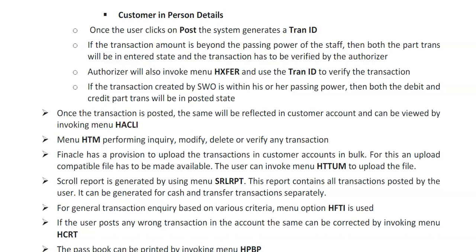Finacle has a provision to upload the transactions in a customer's account in bulk also. So just note it down. Most of you won't be doing it; this is generally done at the back end. For this, an upload-compatible file has to be made available, as per the customization of each bank given to the